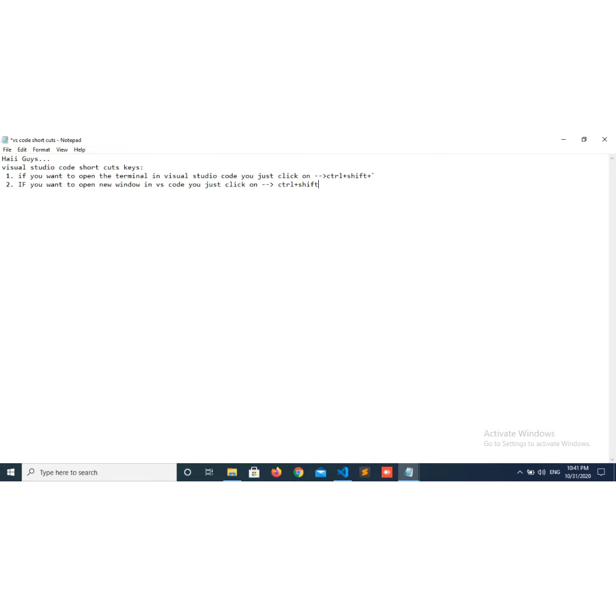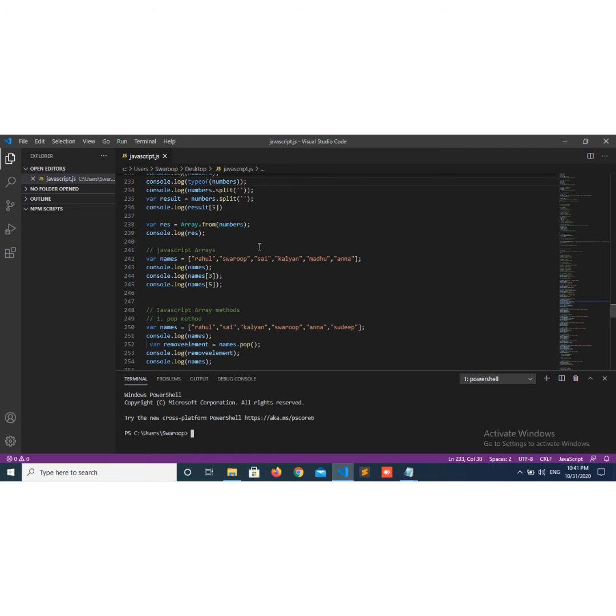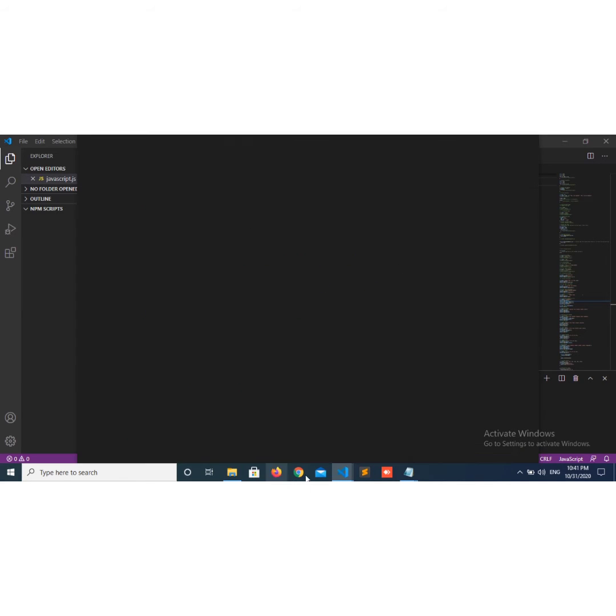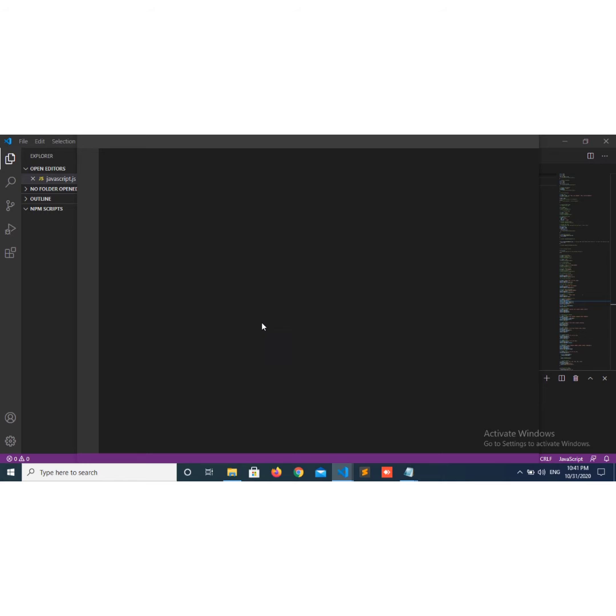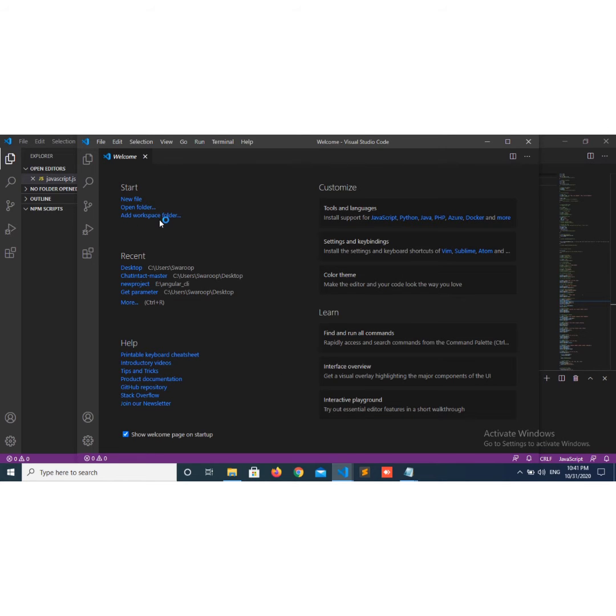Control Shift plus N. Here I already have one Visual Studio Code window open. I want to open a new window. Control Shift plus N. The new window was opened.